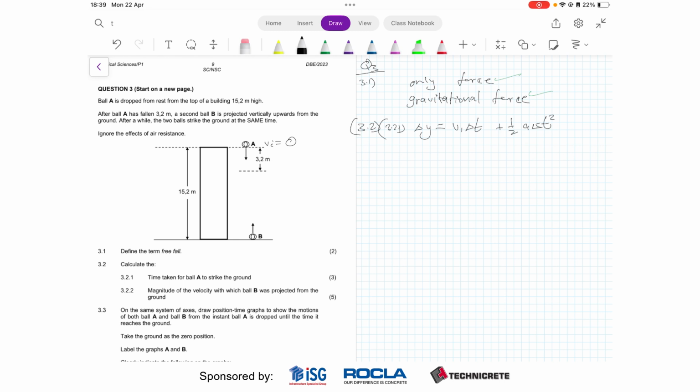We are choosing upwards as positive, and because the ball is falling 15 meters, delta y is going to be negative,